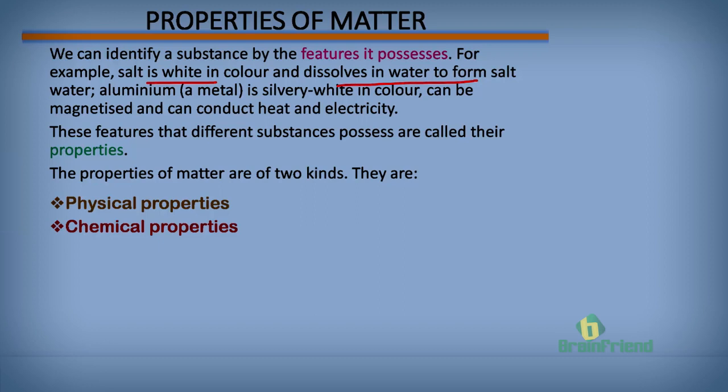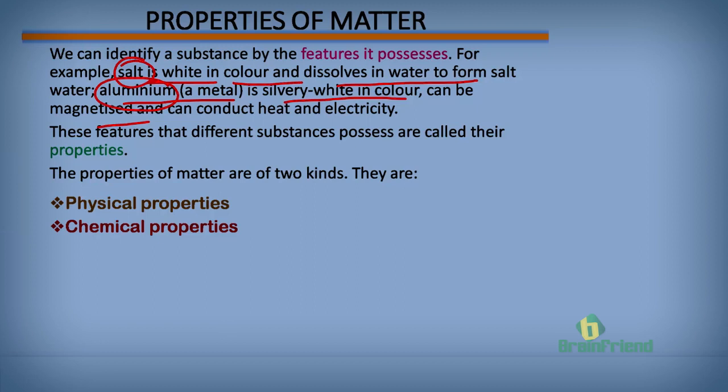Another substance, aluminium, is silvery white in color. It can be magnetized and it can conduct heat and electricity. So you see the different features of these two substances we've outlined here: salt and aluminum. These are the things we've outlined as what they possess: color, salt being white in color and